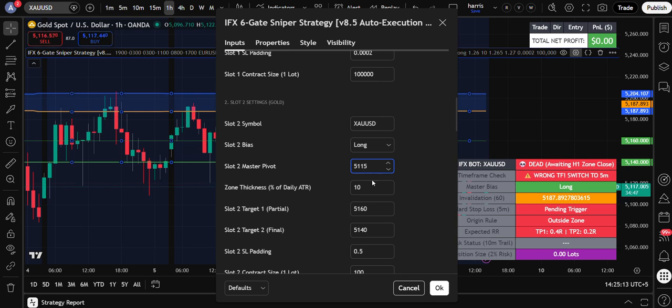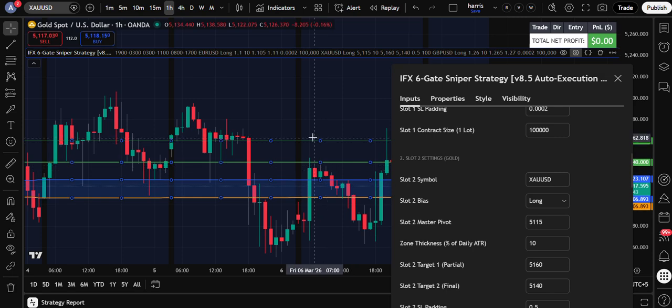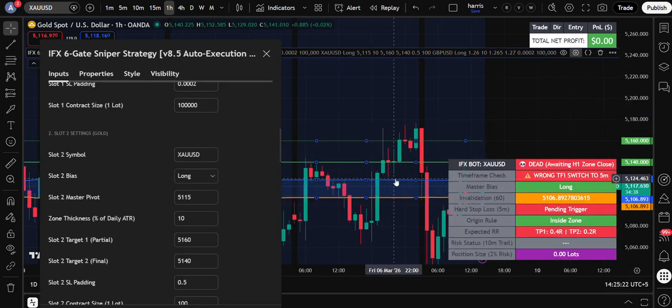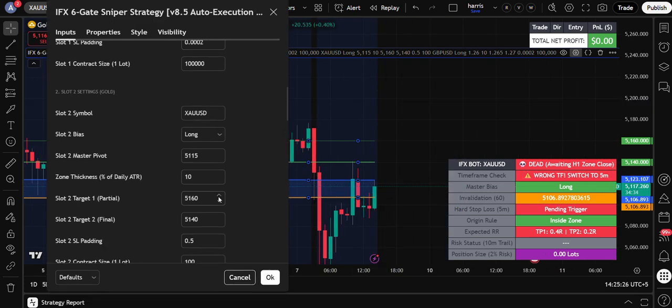Okay, guys. So we have that. Now you can see in the background the entry zone. This zone was here. It has moved to the bottom side. Now you can see this zone. This is a rectangle. This is a zone, guys. Now if we want to increase this zone, because you need to understand, we will be placing a trade